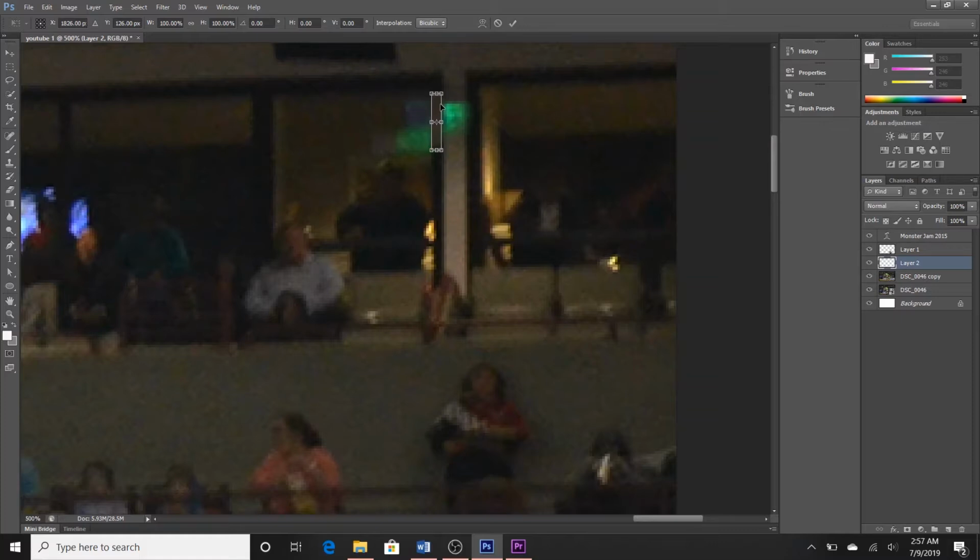Even if you need to move it over a little bit, Control T, bring the box back up, use your arrow keys on your toolbar to select it over, hit enter, looks good. Now you've got this random black bar. Now, if you wanted to merge this layer and this layer,